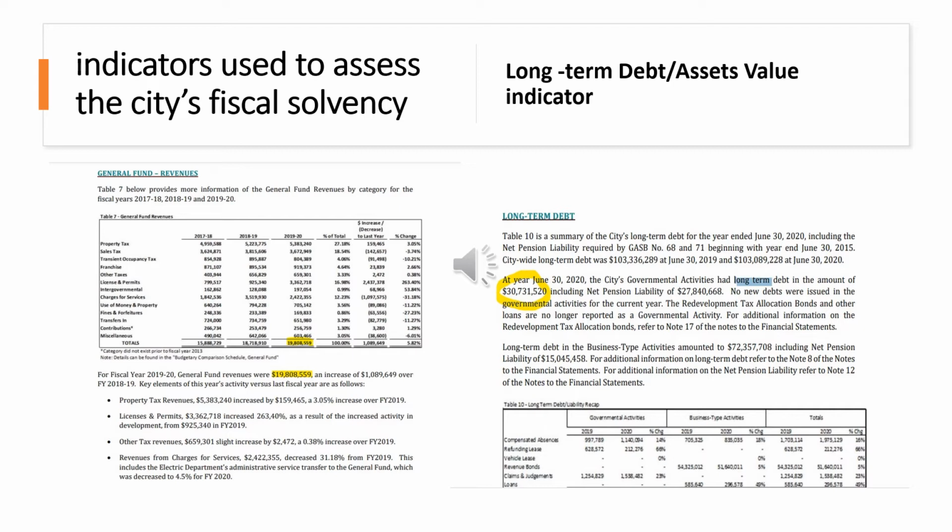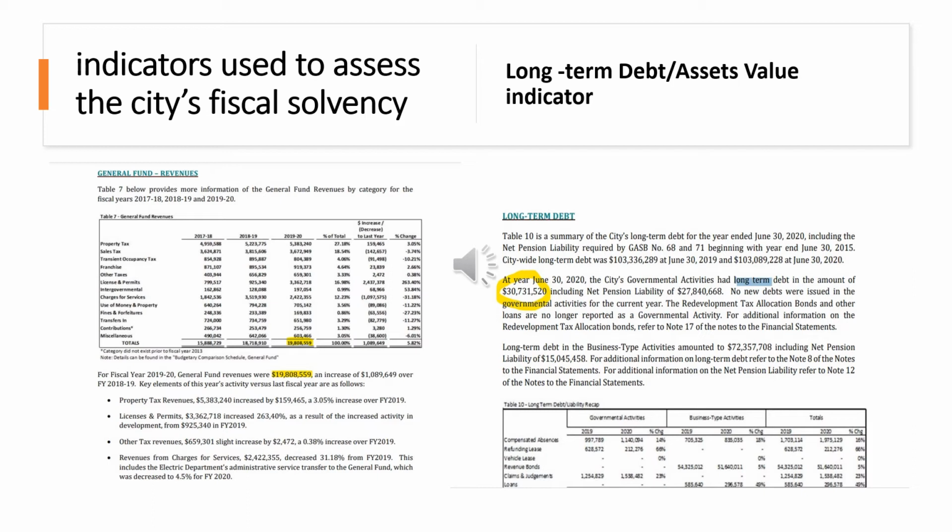I used some of Brown's 10-point test and Dennis, Wang, and Chu's solvency test to determine whether the city is fiscally solvent. The following are some of the tests that I found to be relevant in assessing the city's fiscal solvency position. The first indicator is a long-term debt to assets indicator, calculated by dividing the long-term general obligation debt by total general fund revenues. This figure returns the general solvency ratio that assesses the city's capability to meet its long-term financial obligations.